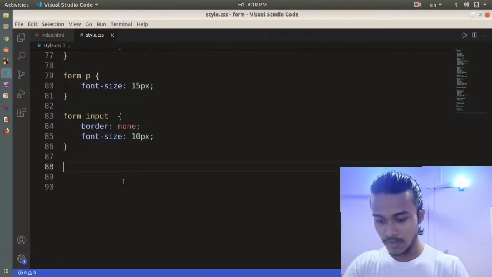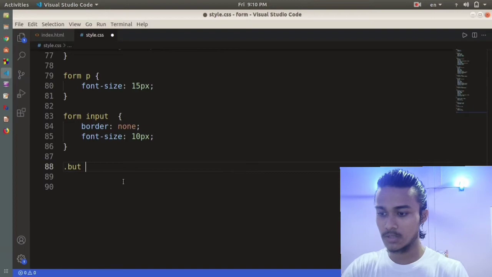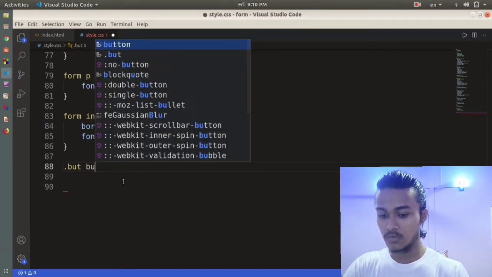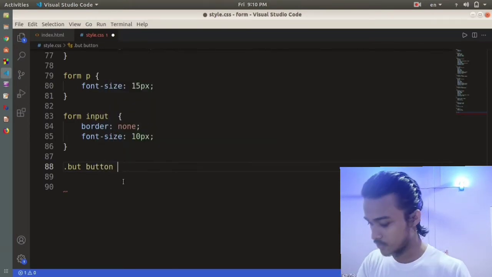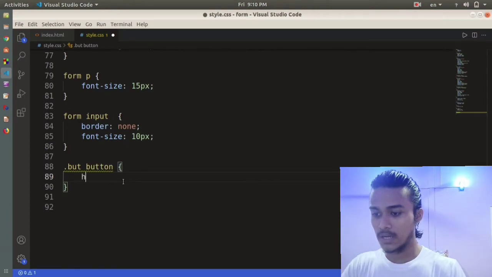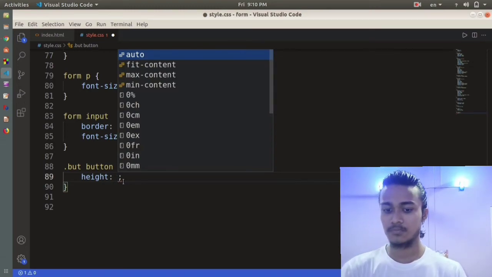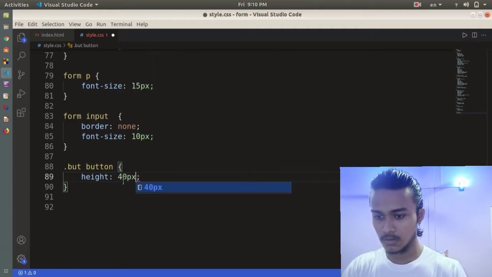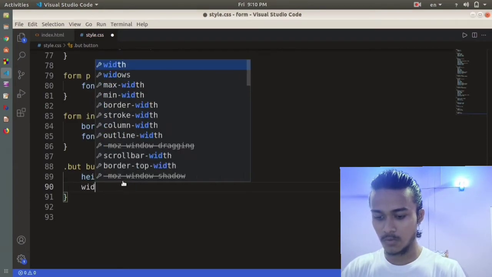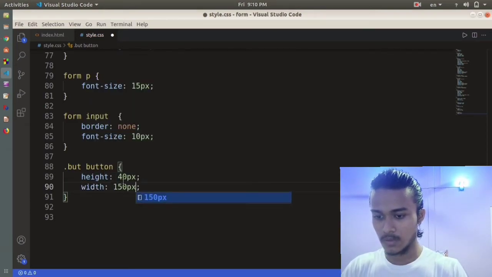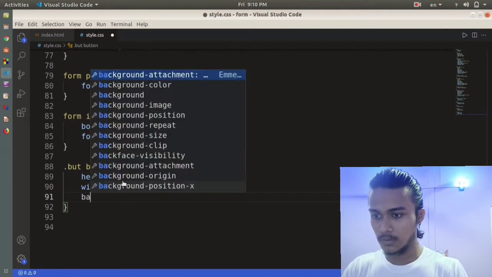So for that, I'm going to write .but, because .but was the class of that. And here I'm going to use height. Height will be 40 pixel. Then width will be 150 pixel. Background color,